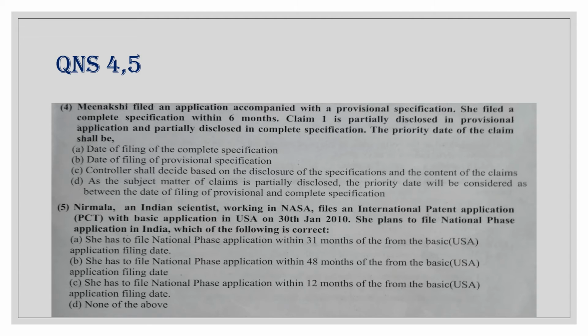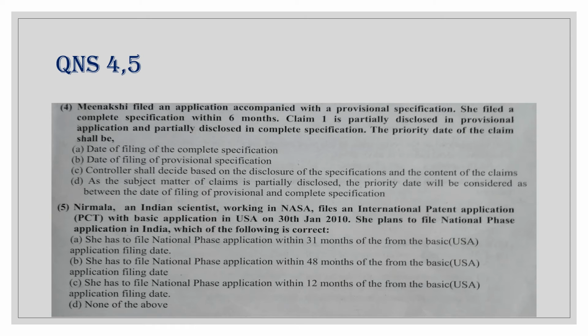In provisional specification, claim 1 is partially disclosed, that means one claim is partially disclosed in the provisional specification and partially disclosed in the complete specification. So the priority date of the claim shall be what? Okay. So friends, here we can say that, as we know, while we define the complete specification,